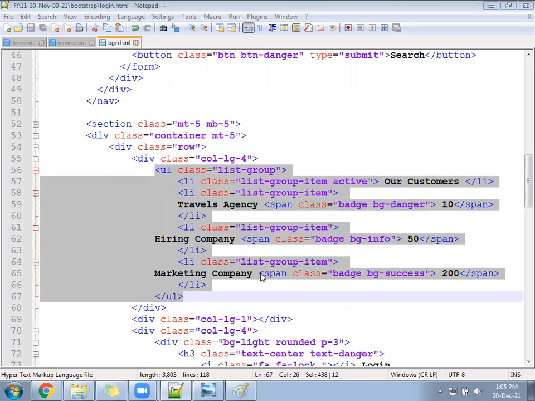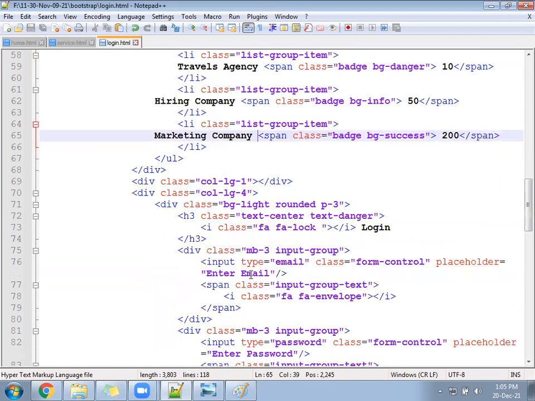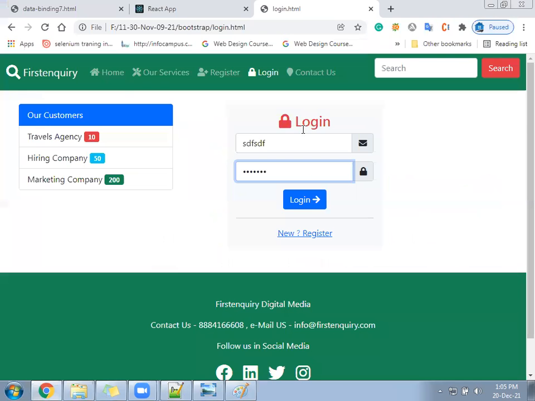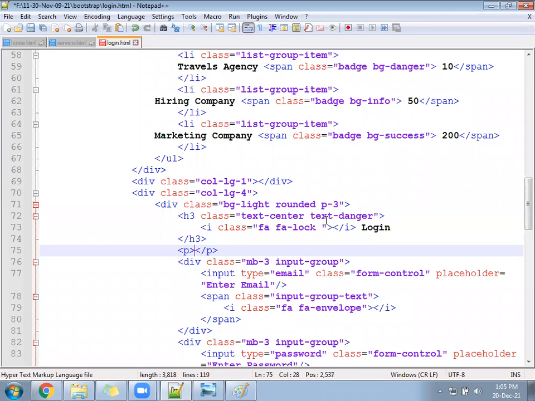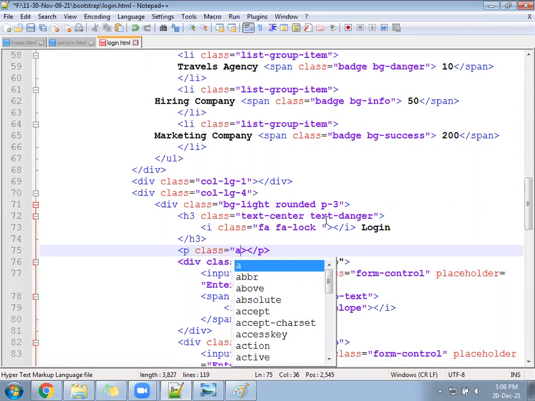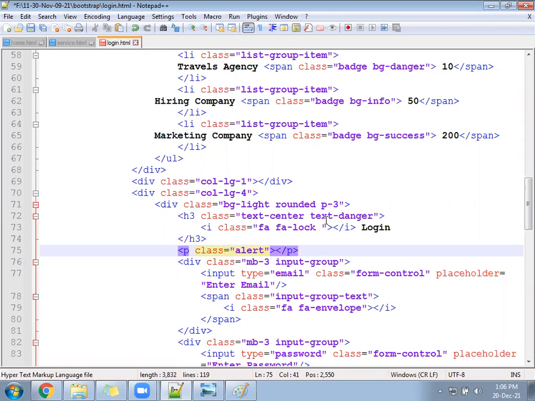Let me share in the chat the UL code. Next, come to the login, and after H3 you will write. Come to the second floor under the login block. After H3, we have written the lock symbol. Just below the lock symbol, it should display a message in an alert like this. We have many alert classes. We will write one here. Class equal to alert. And what kind of alert message do you want to display?